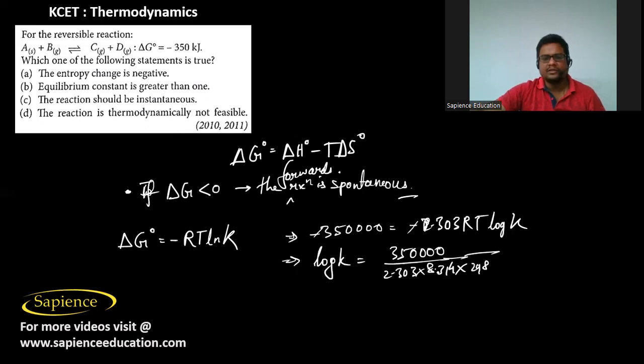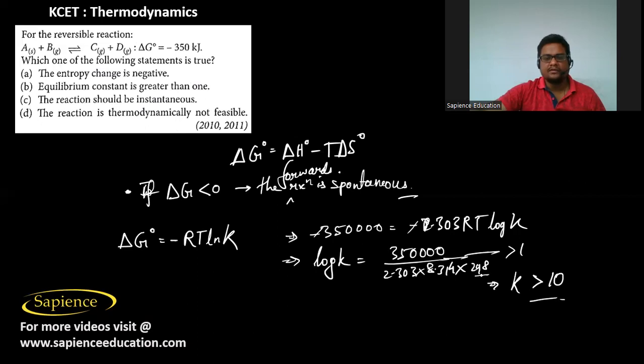So then here we can say that this is approximately, so this will be obviously greater than 1. So it means K will be obviously more than 10. It means the equilibrium constant,